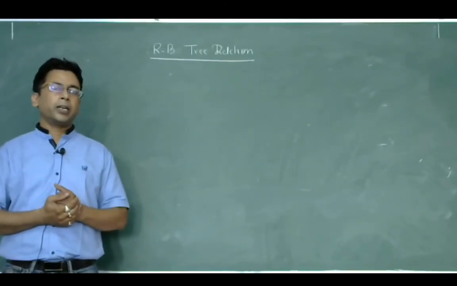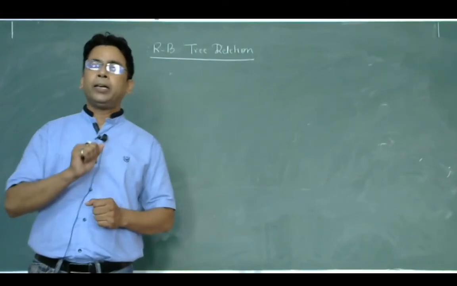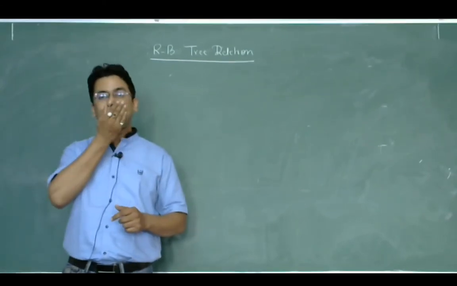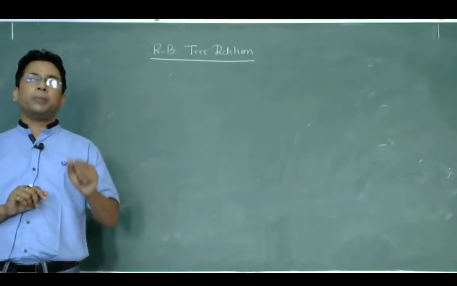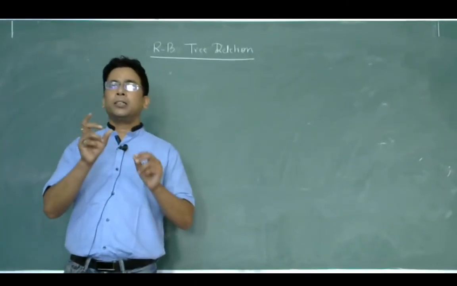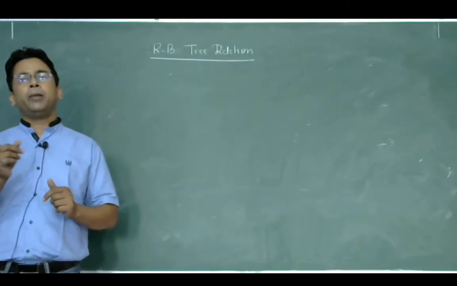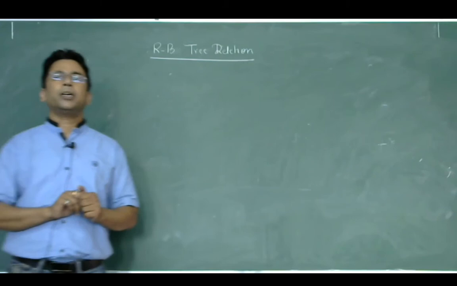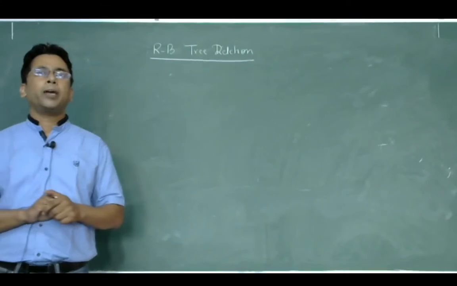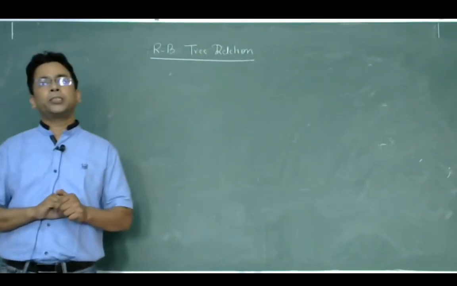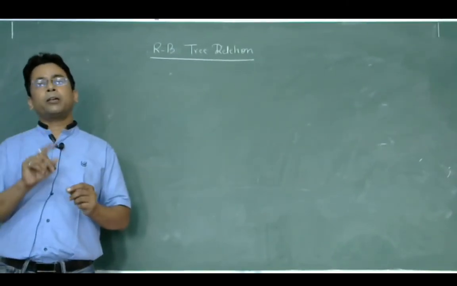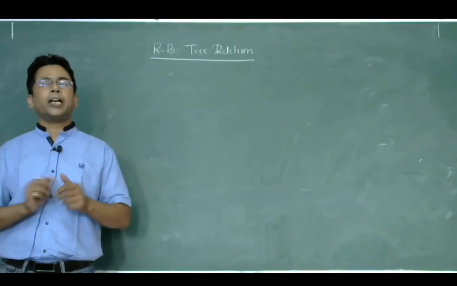And in case 3, when the sibling is of black color and the left child is of red color, we change the color of the left child of the sibling into black, and we perform the right rotation between the sibling and the left child, and the sibling and the right child. In this case, the right child of the parent becomes the new value of x. In case 4, the sibling is of black color and the right child is of red color.